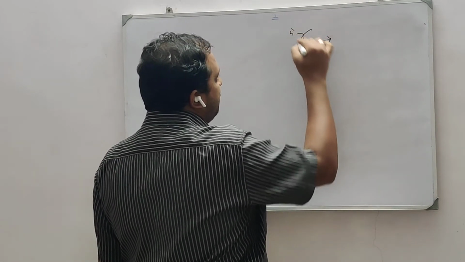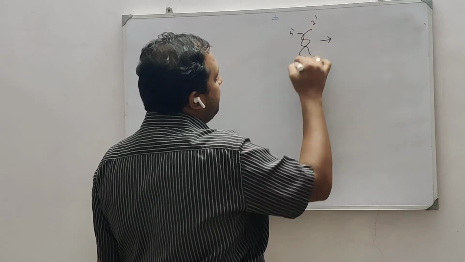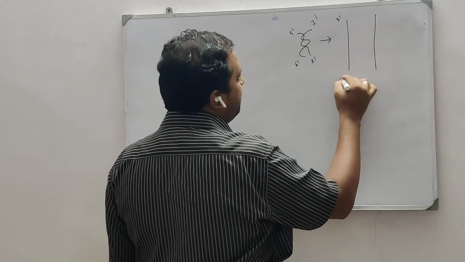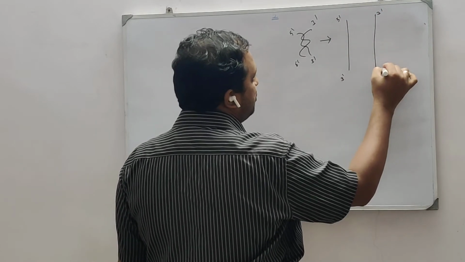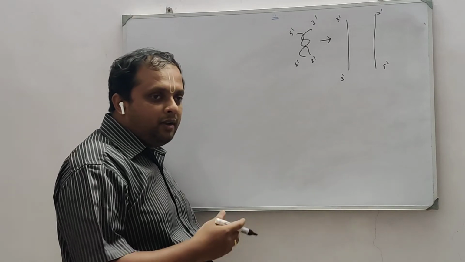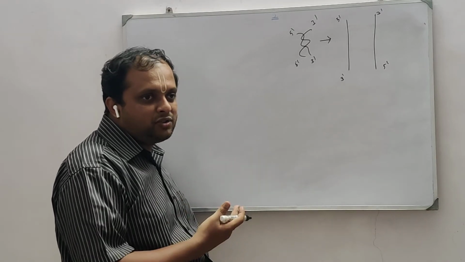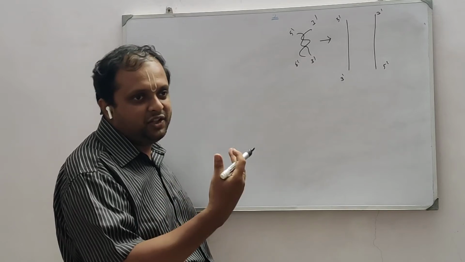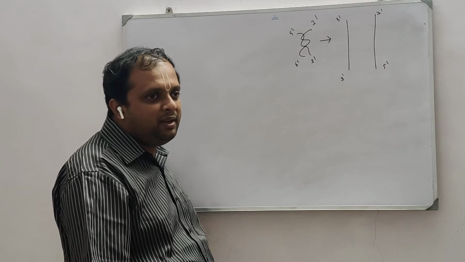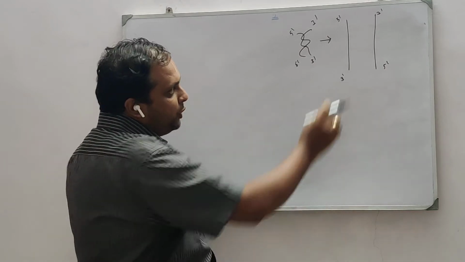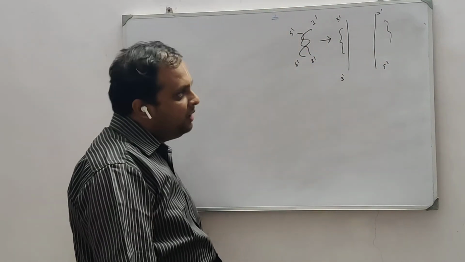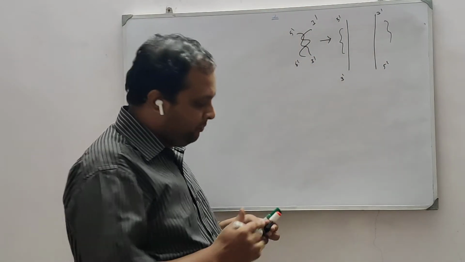So you have two strands, 5 prime, 3 prime, 3 prime, 5 prime, and both strands will be separated. This is what happens in denaturation, and heat is the one that does this process. Hence you supply 95 degrees Celsius. That heat will break the hydrogen bond, whereas the phosphodiester bond doesn't get disturbed here, so you see this structure is stable. So this is denaturation. I hope this is clear.